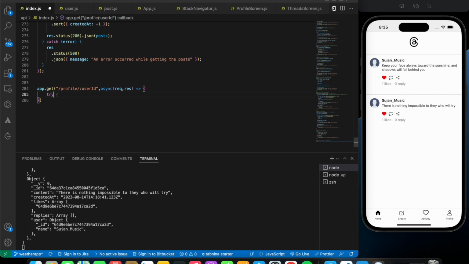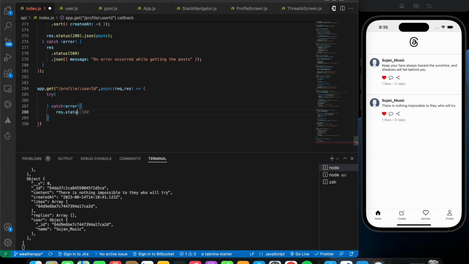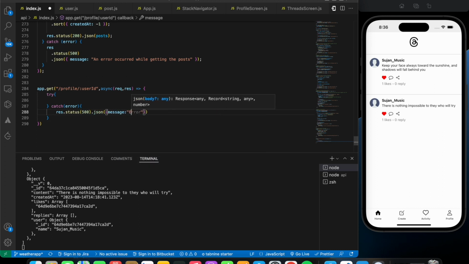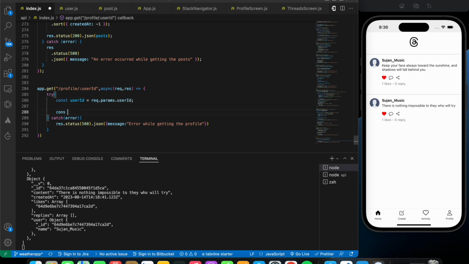Firstly, I'm going to initialize my try catch block, and here I'm going to say result.status of 500 .json with a message saying error while getting the profile. And inside the try block, firstly I need access to the user ID, of course. So userId equals request.params.userId, and here I'm going to say const user equals await User model dot findById of the userId,